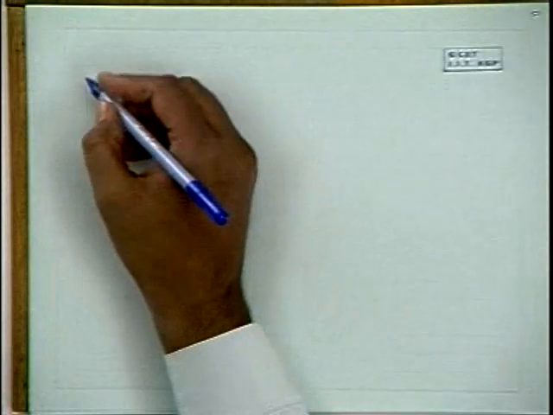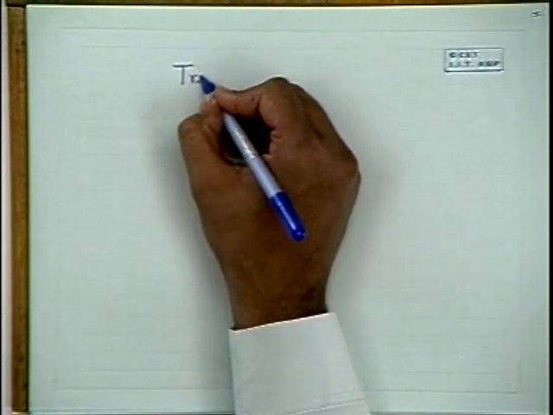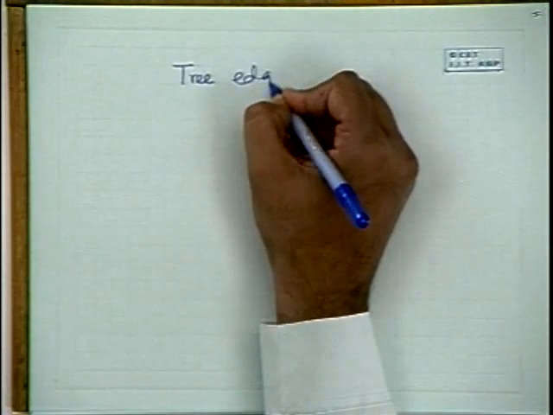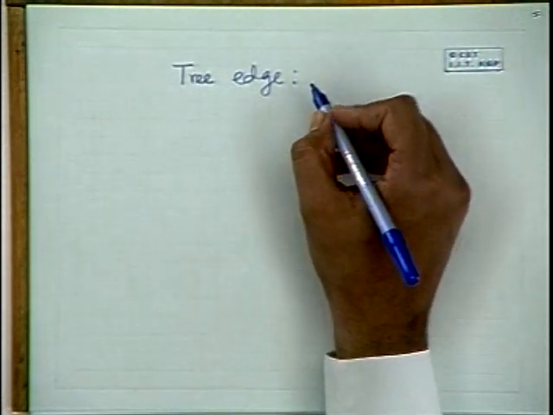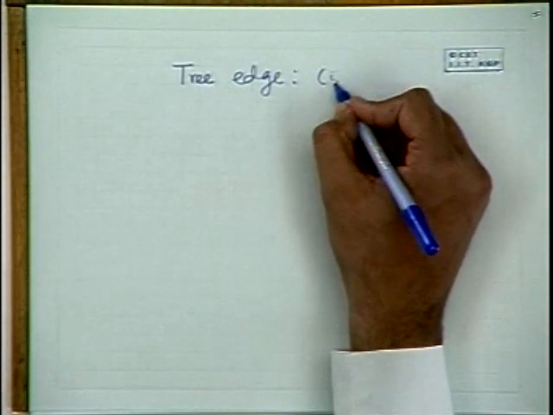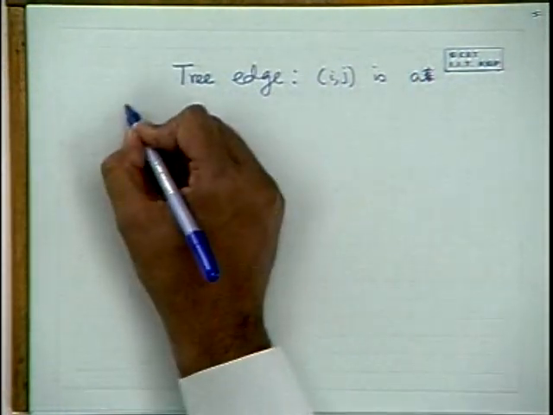Now using these two integers, we have also classified the edges of the graph. So we basically said there are four types of edges. One is tree edge. What is a tree edge? Ij is a tree edge